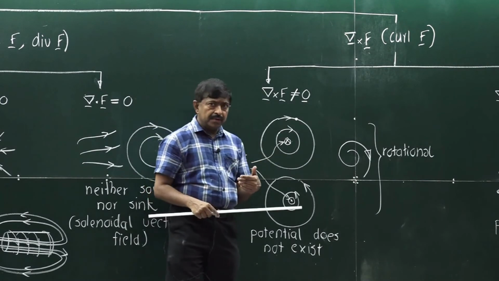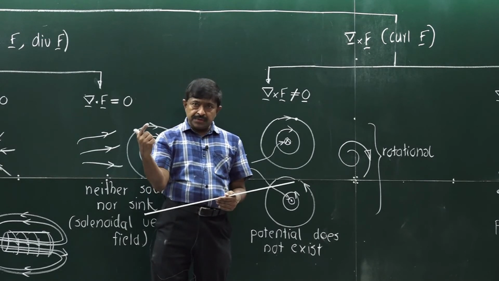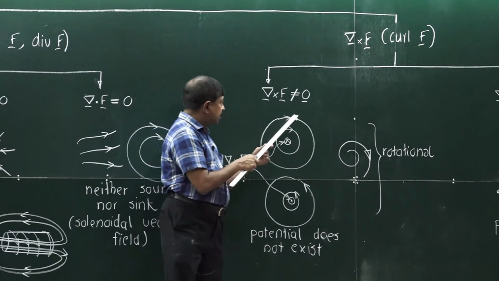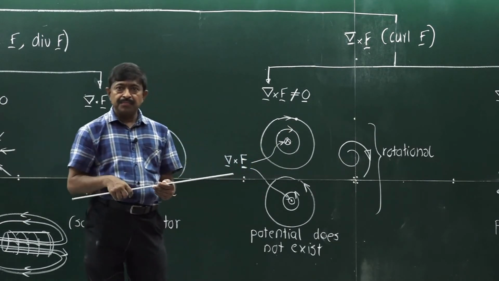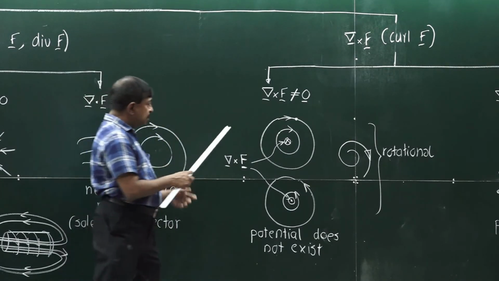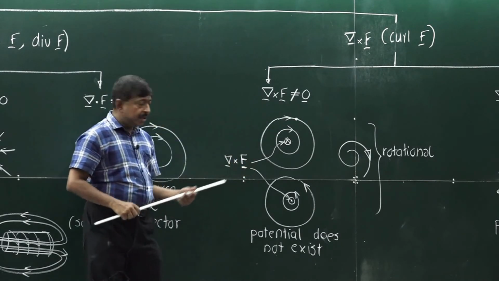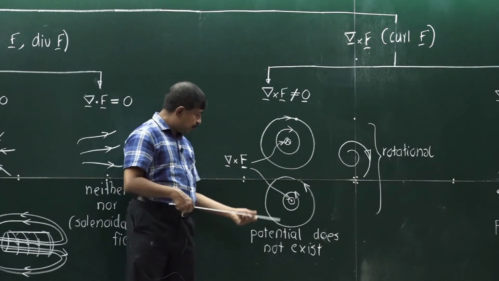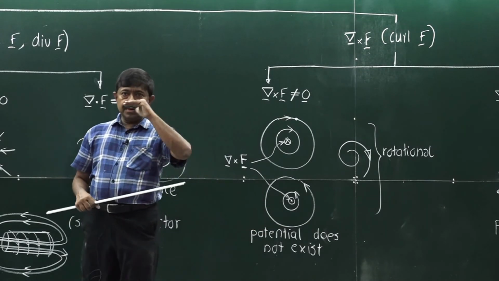So, what is the energy level? Say earlier the energy level is 10 joules, for example. Now, there is a work done by the vector field. The work done is 5 joules. What is the energy now? 15 or 10? The previous one or the current one? It's ambiguous. You don't know what the exact value is. Therefore, you cannot attach a fixed energy level to a given point if there's a rotation. That's why when there's a rotation, you cannot attach a potential energy level in the vector field.